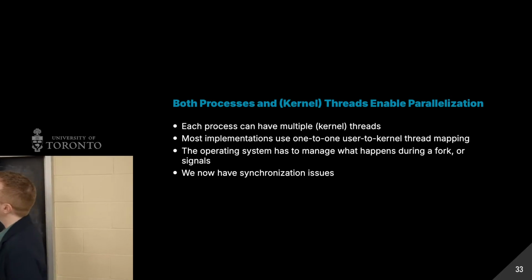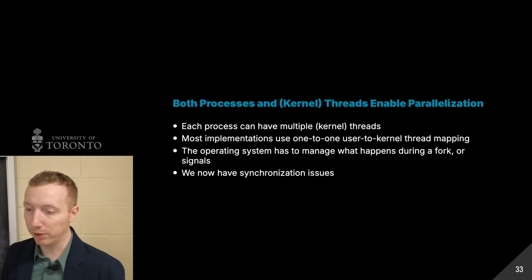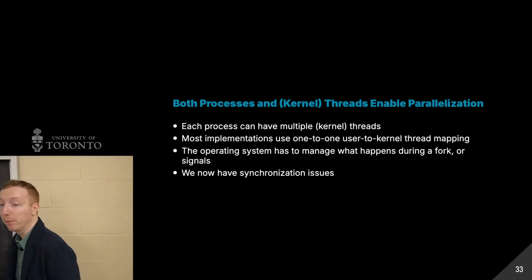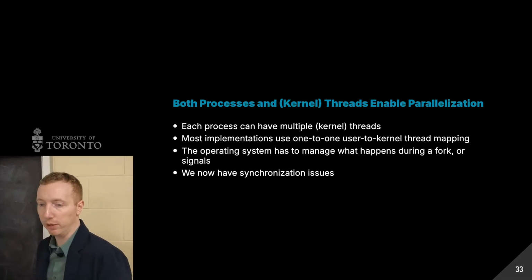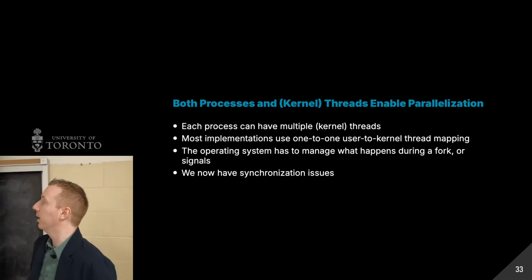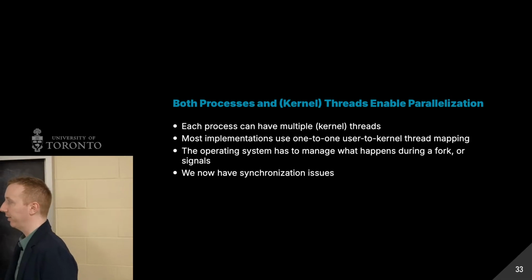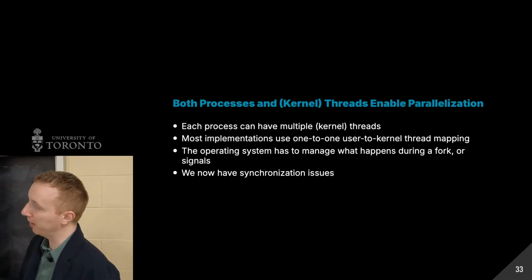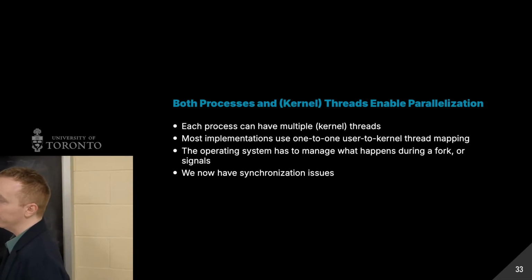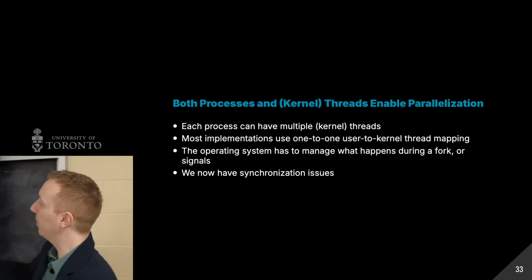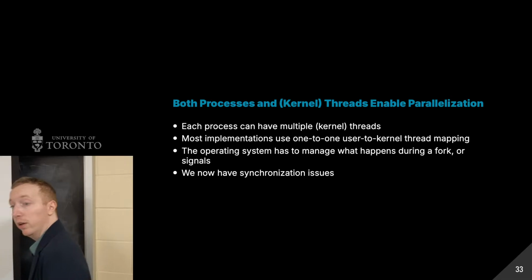So both processes and kernel threads enable parallelization. Each process can have multiple kernel threads. Most implementations use 1-to-1, so one user thread is one kernel thread. That's what pthreads are. The operating system has to manage what happens during a fork or signals. For Linux, when you fork, a new process gets created with only one thread, a copy of whoever called fork. A signal gets sent to a random thread. But now we have synchronization issues, and that's what we have to look forward to fixing once we come back